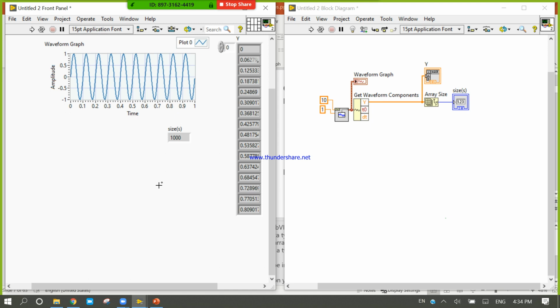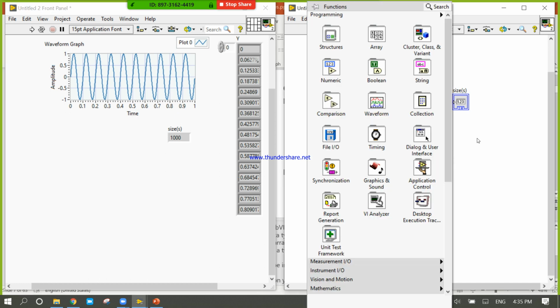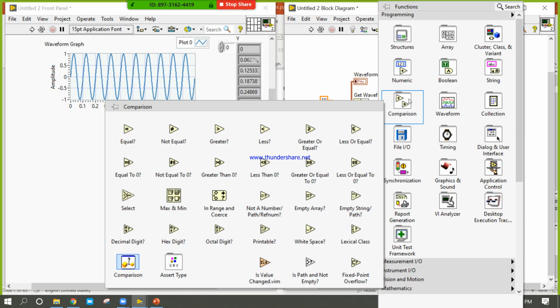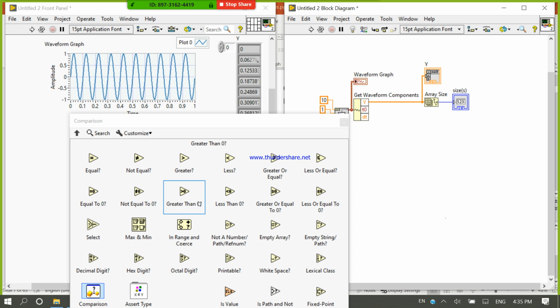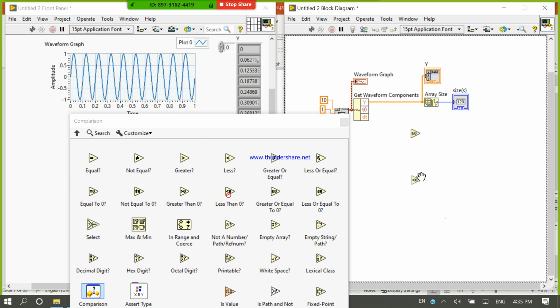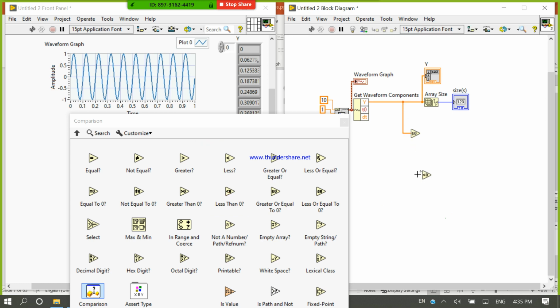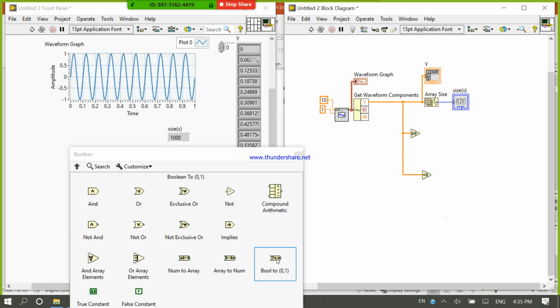How can we know how many number of data are greater than or equal to 0 or less than 0? For that, in the same program, come to the block diagram, come into the comparison, greater than or equal to 0, and less than 0. Okay, now come to the boolean to 0 1 function, same place here.